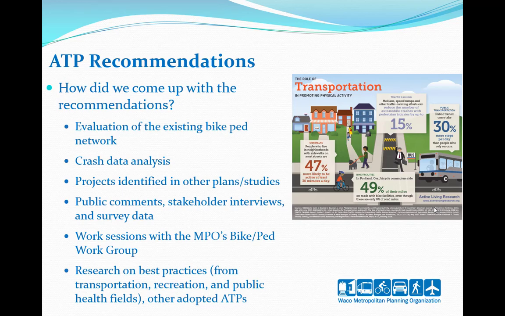When thinking about the plan's recommendations, we first looked at the analysis that we just discussed. What's the extent and condition of the existing bicycle and pedestrian network? What is the crash data telling us? What projects have already been identified and prioritized in long-range plans or studies, such as the city's comprehensive plans, the 17-18-19 corridor study, or our transit needs study? And what have we learned from our public outreach process about community needs and priorities? And how can we engage our subject matter experts via our bicycle and pedestrian work group to help us formulate